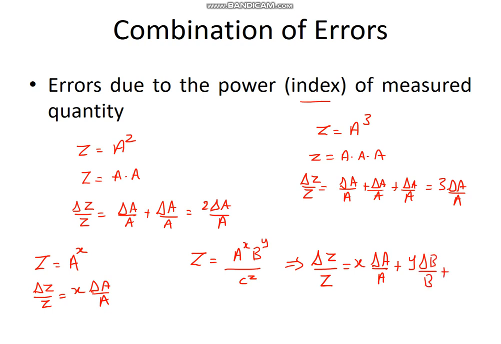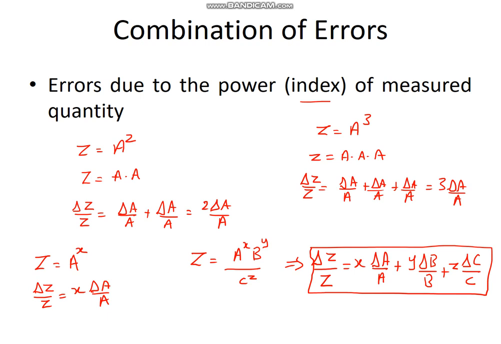And for c, in the last slide we said multiplication या division दोनों में relative error ही add होता है. So relative error for c will be delta c by c, and what is the power? z. So power will be multiplied. So this will be the formula for the errors. Okay, remember these things because ये entrance exam में भी पूछा जाता है. Okay, I hope you all understood this.